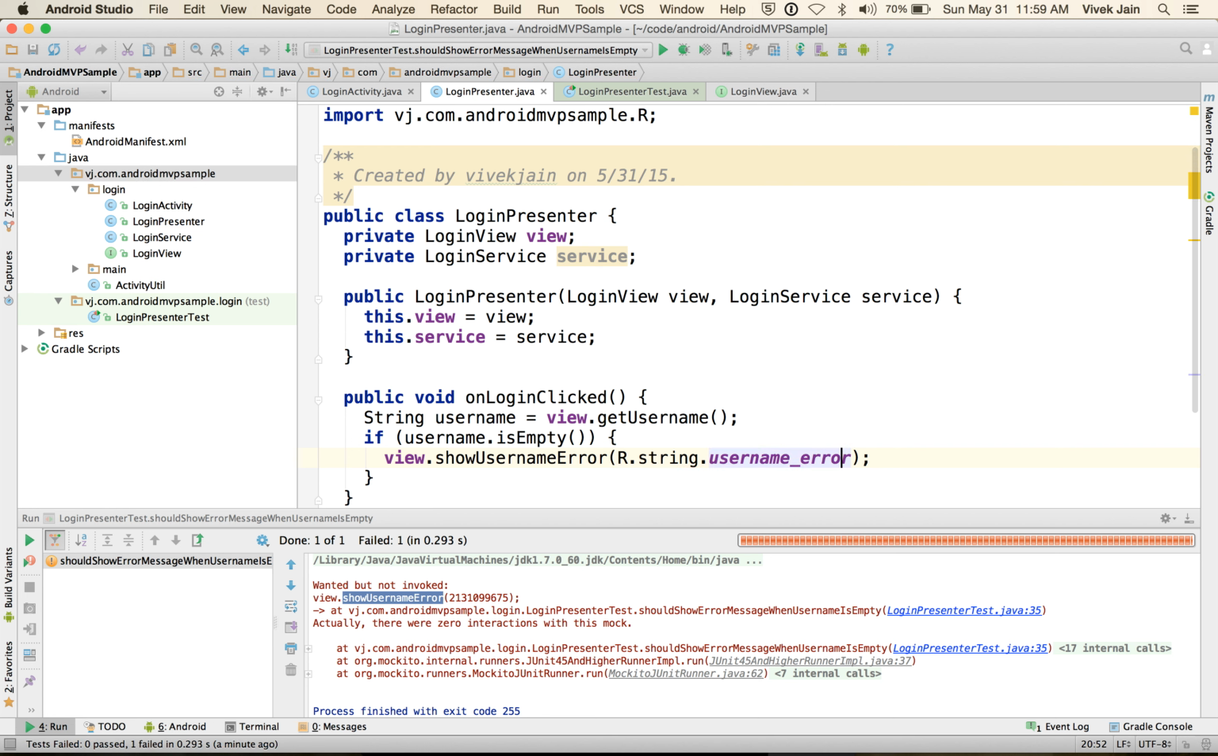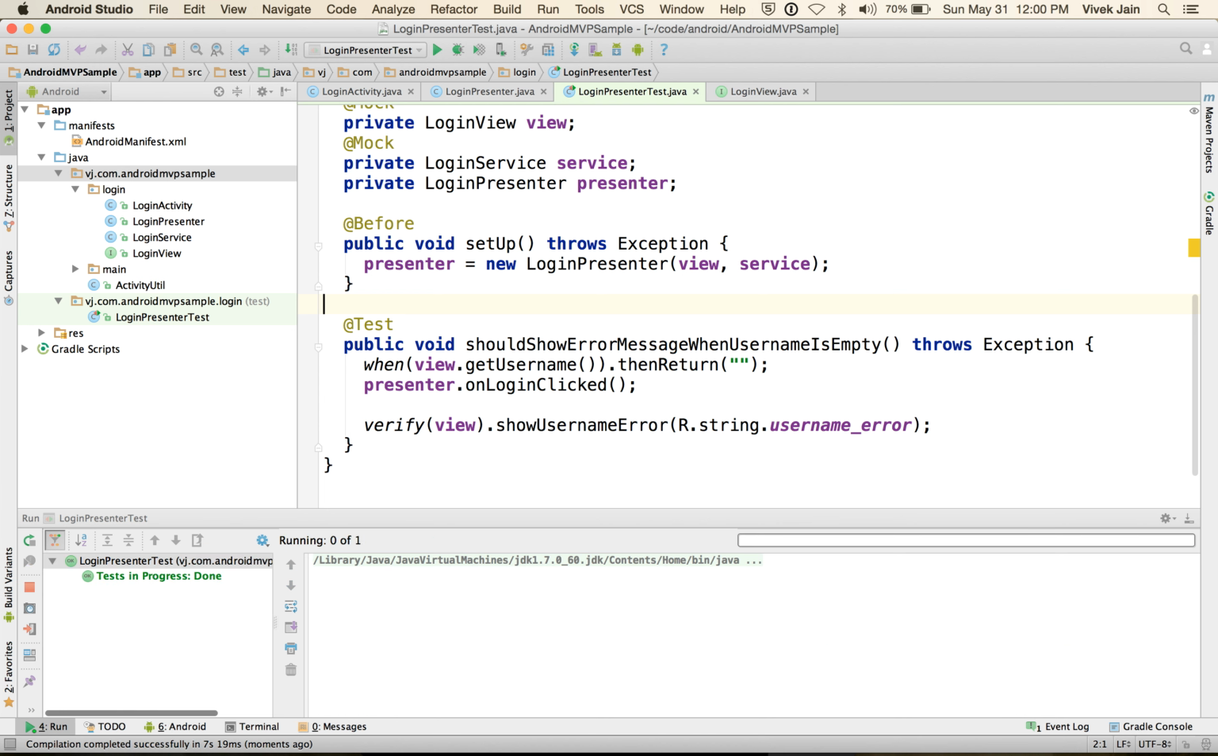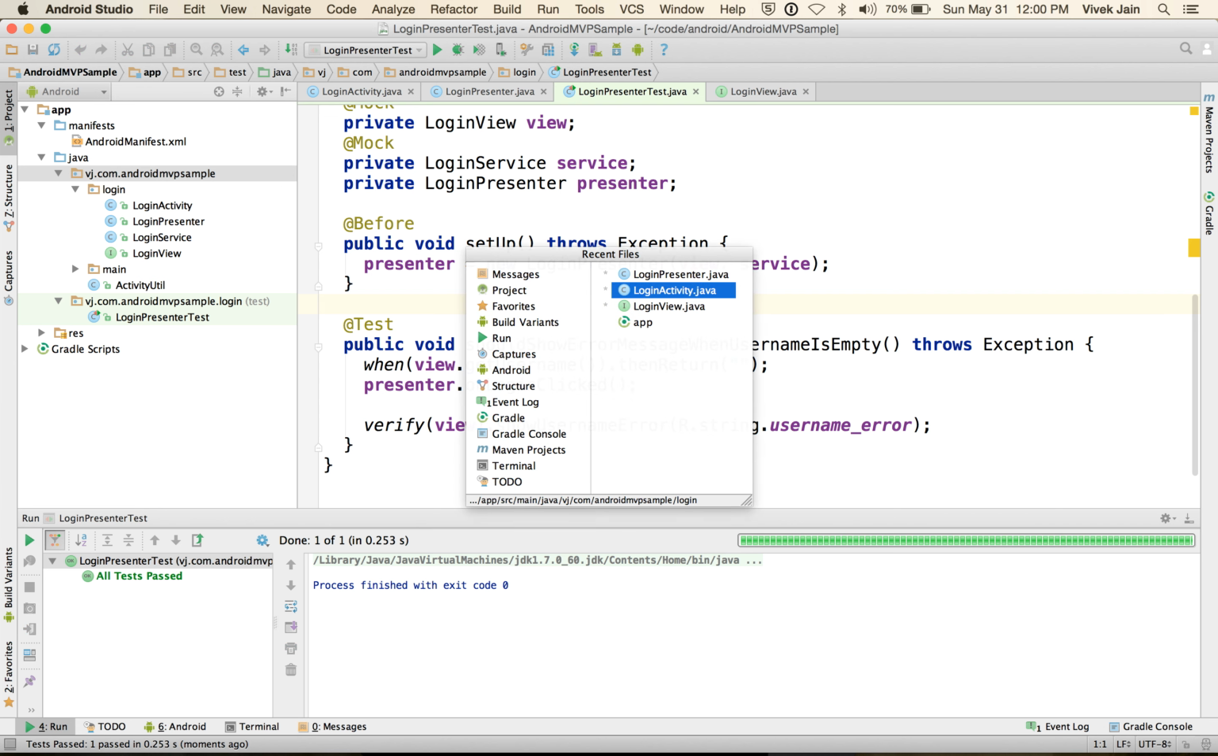All right, so this should be good enough for my first test. So let me run the test again and see if it passes. Now that the test is passed and I have tested the scenario of username being empty, I can go to the activity